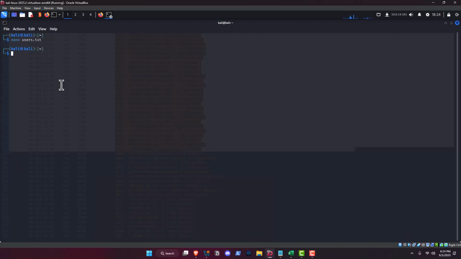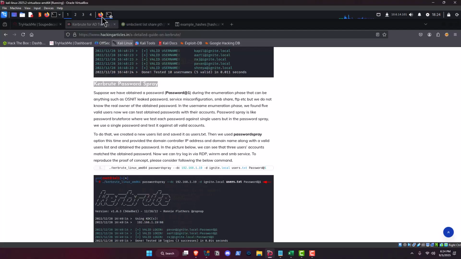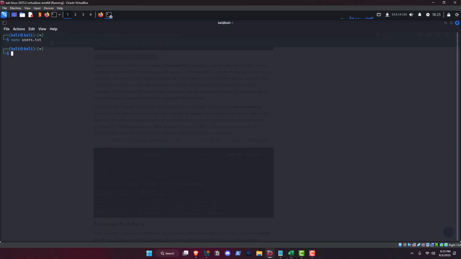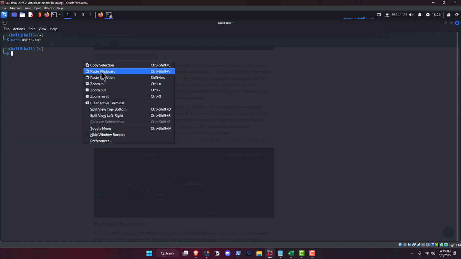Now, I couldn't imagine having to brute force all of those users. So what I decided to do was to use Kerbrute password spray. It's pretty simple, and it even uses a file called users.txt. So all I basically had to do was copy this, change the password, obviously, and use a different IP address. So that's what we're going to do. He actually was using a password, and I'm actually going to use